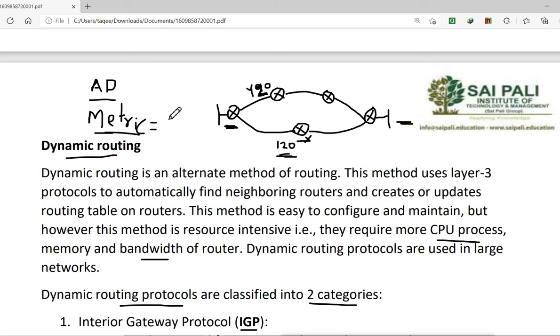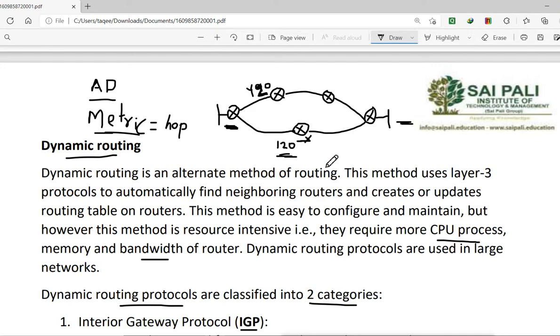The RIP protocol's metric is hop count. Hop means, we can say, a jump: when you go from one router to another router, you take one hop. So the router will decide based on distance and direction. That is the metric for RIP.